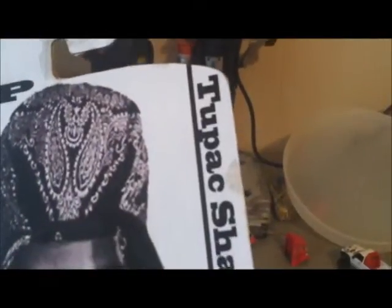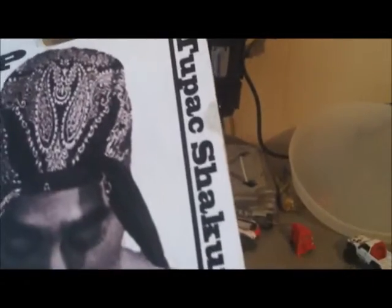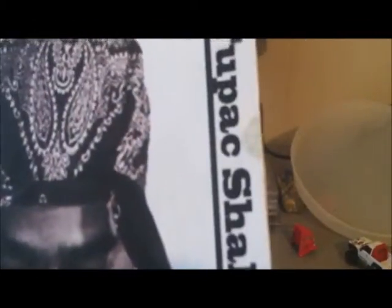But yeah, pretty cool. Other than that, and then the Tupac one. This is what I'm talking about with the clear paper, the thin paper. So I might get like a cardstock or something next time I do something with white paper. Colored paper, it doesn't bleed through. Plus, this glue on the back was very